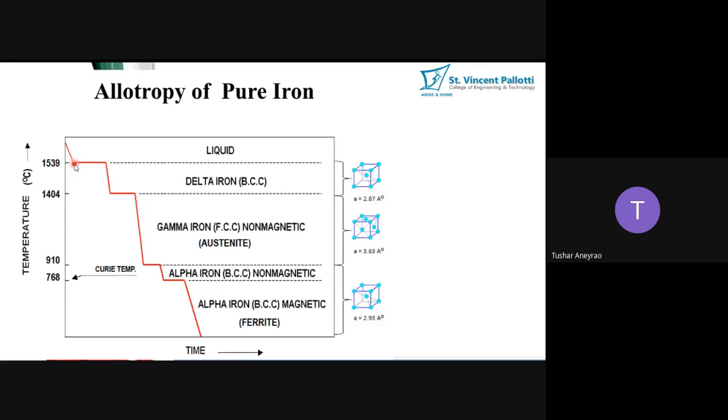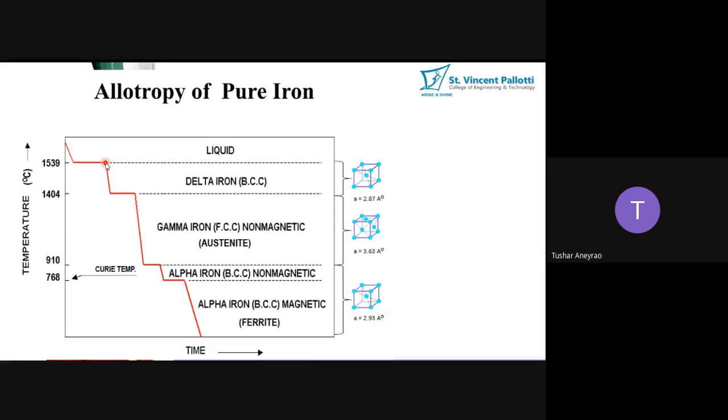While we are transforming from liquid to solid, it is an isothermal process, which means the temperature is constant here. The latent heat is getting extracted in order to convert the liquid mixture of iron and carbon into the